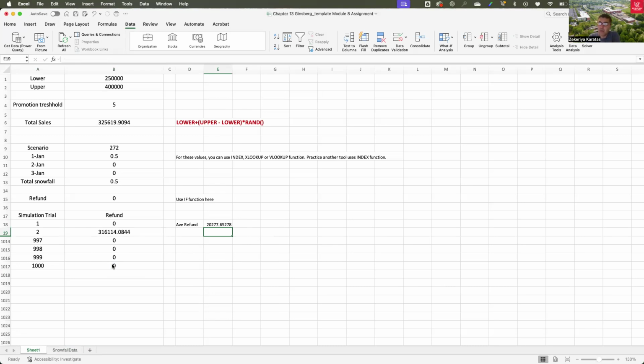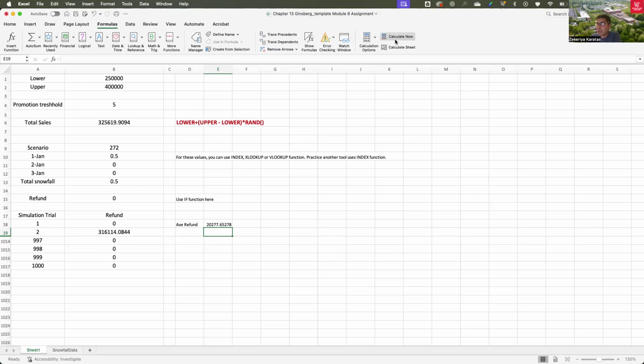You can do more detailed analysis, but that's how you find it. So if you run it, that will change. If you go to formulas and calculate it again, those values will change as you see. The next one is the